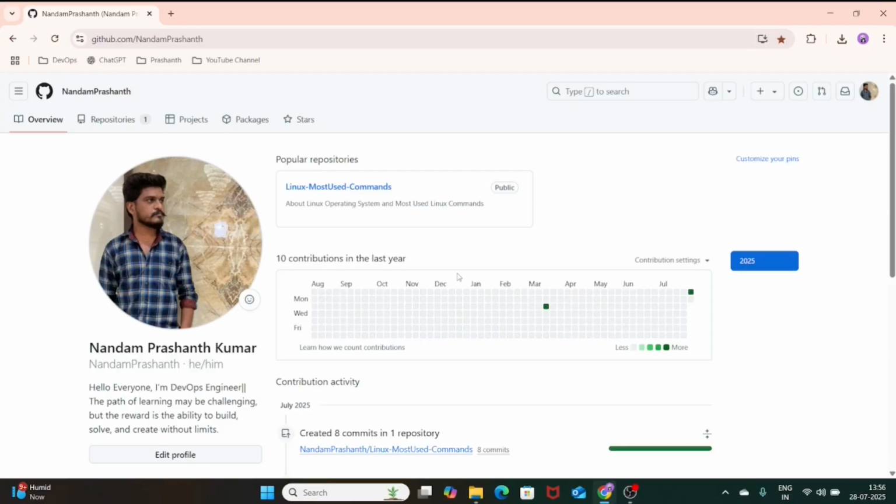I am a DevOps engineer and I am planning to start a Linux series, and I am very excited to help students and beginners get started with one of the most powerful operating systems, which is Linux. The repository here is designed as a beginner friendly guide to improve your understanding of Linux through practical day-to-day command usage and fundamental concepts. And if you click on this repository,